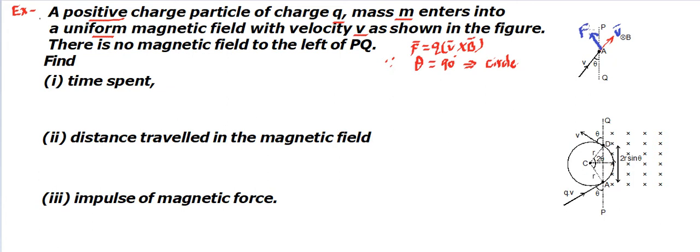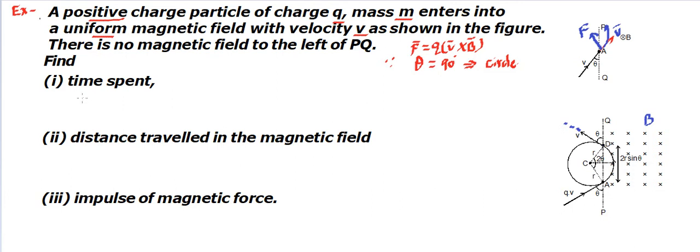So this will deviate the particle from the straight line in this manner, and then it will be coming outside from that part. So this entire thing is the deviation I am showing, and you can see the entire picture in the second figure. It will be entering with velocity v and that angle theta is given to us. It will be moving in the magnetic field portion on a circular path, and when it crosses PQ again, the force will stop working, and then it will be moving on a straight line. So the path is going to be a straight line first, then this arc of a circle, and then finally a straight line. Okay, now we can come to the questions.